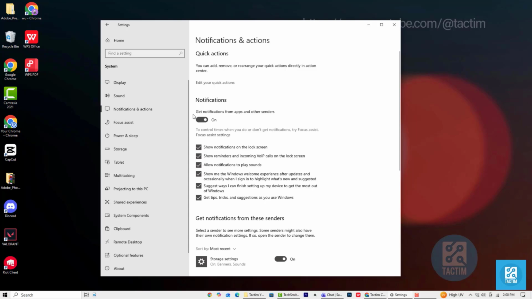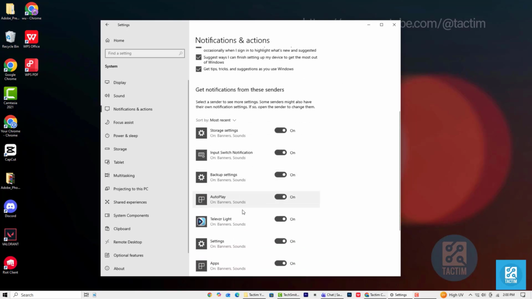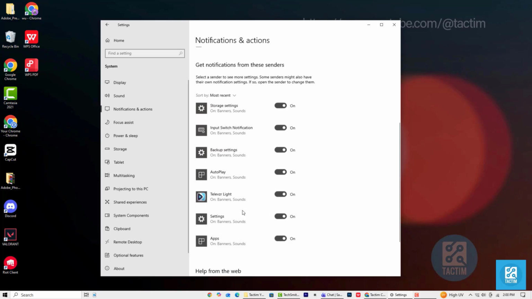To turn off all system pop-ups at once, simply click the main Notifications toggle switch to off. If you still want important alerts but want to block distracting apps, keep the main switch on. Scroll down to the Notifications from Apps and Other Senders section, find apps like Chrome or Edge and toggle them